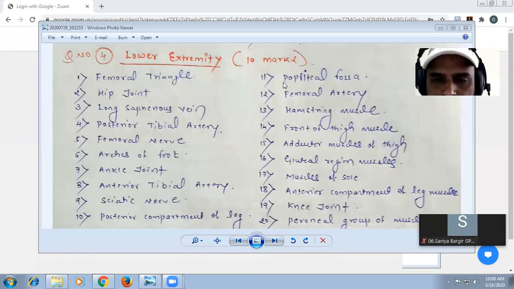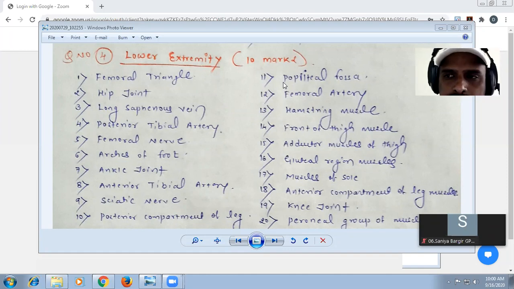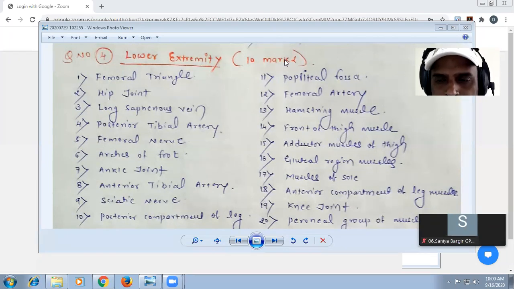What are the contents? Popliteal artery, popliteal vein, tibial nerve, common peroneal nerve, all embedded in fat. Eight contents you have to write in the popliteal fossa. If you get diagrams and writing for this, it is for 10 marks. Posterior compartment of leg muscles: the medial head of gastrocnemius, lateral head of gastrocnemius, soleus, and plantaris, all forming the tendocalcaneus. All that you have to remember.